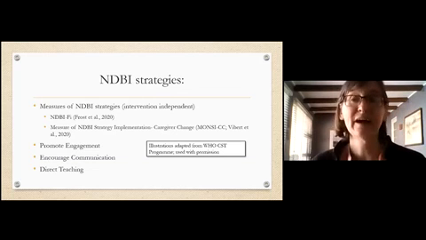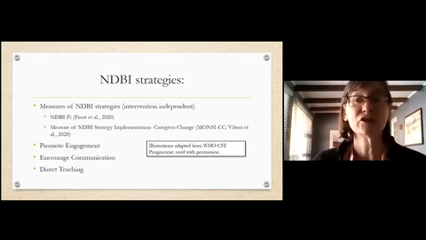So could we develop measures? Two were actually published, one in 2020, the NDBI-FI, and the measure of NDBI strategy implementation, caregiver change, which I think is really important because we were thinking about these things a few years ago when these weren't even in existence. So I've used these to talk about the different strategies that are used in NDBIs